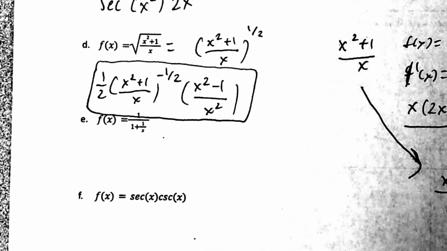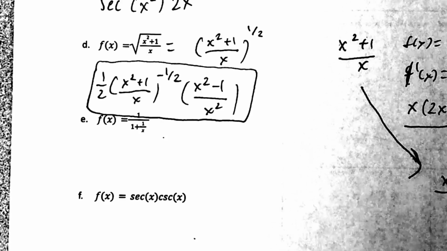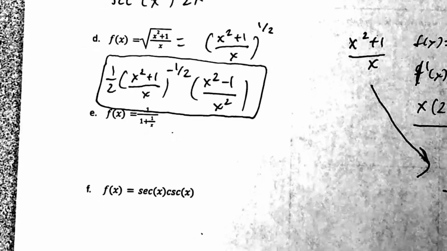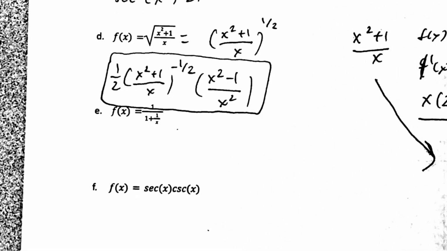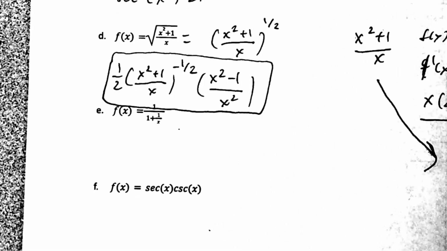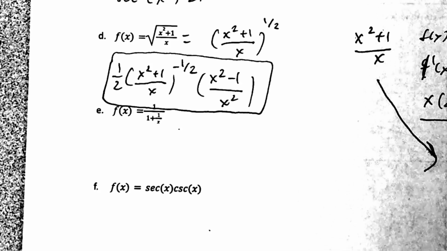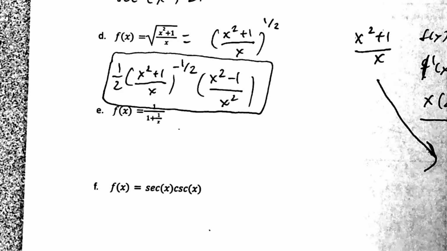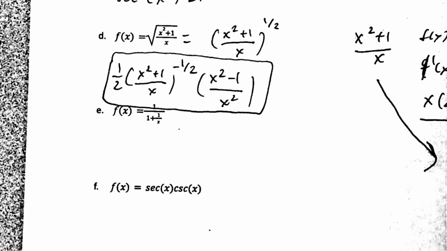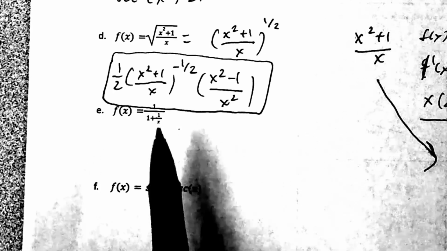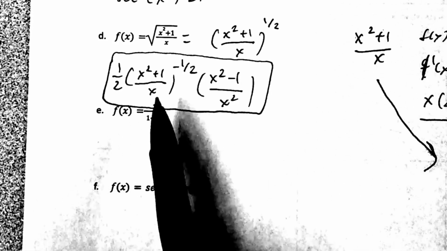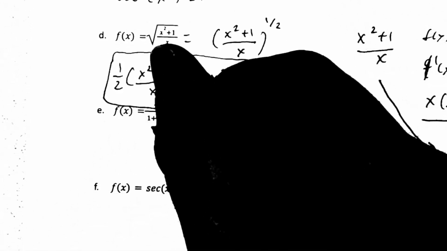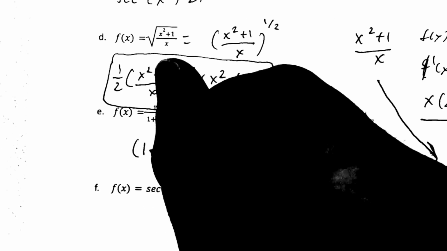We have 1 over 1 plus x. So we have a couple of options for this one. You could do quotient rule, or you could do chain rule. So I think the way I'm going to do it is chain rule. So whenever you have 1 over a value, 1 over anything, you can just rewrite that as that value, 1 plus,